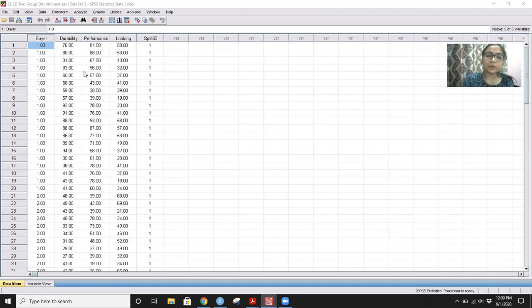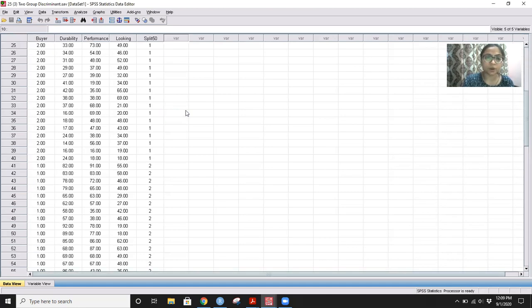And on the independent variables, I have three attributes, the attributes which the customers think are relevant in determining their buying decision. In the survey so conducted, all those customers who either bought or did not buy the bike were asked to rate the bike on these three attributes, and that is also recorded over here. I have data on 80 customers, so this runs from 1 to 80, as you can see.